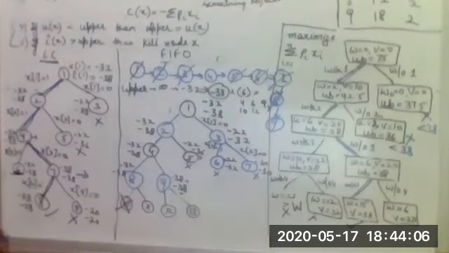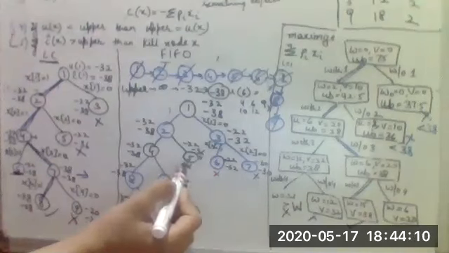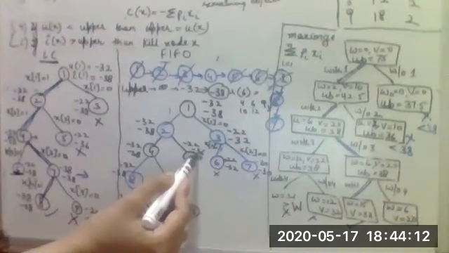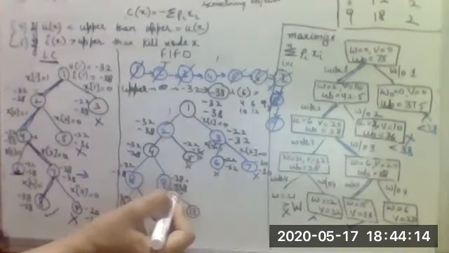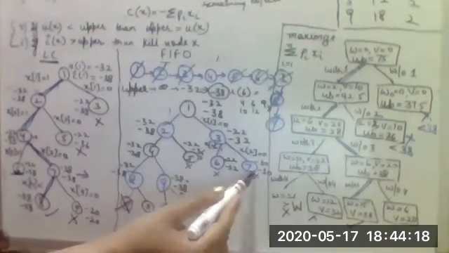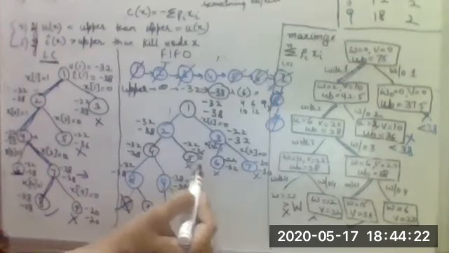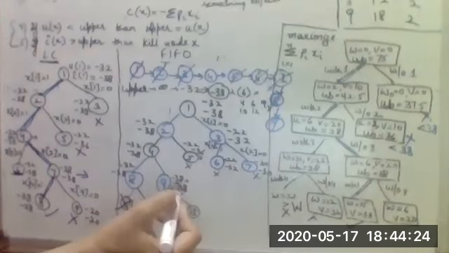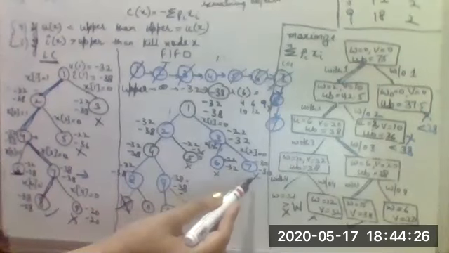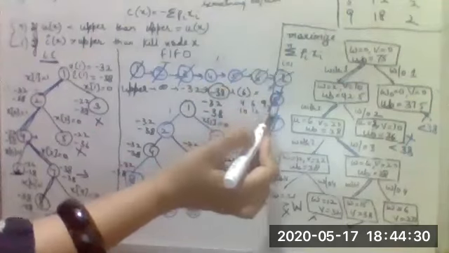Because we need to generate the nodes for 5th, 6th and 7th, but here your Cx value is greater than the current upper value, which is minus 38, these nodes are killed. Minus 36, minus 32 and minus 30 are all greater than minus 38. So all three nodes are killed. So 5, 6, 7 are done. Then you have 8 and 9.